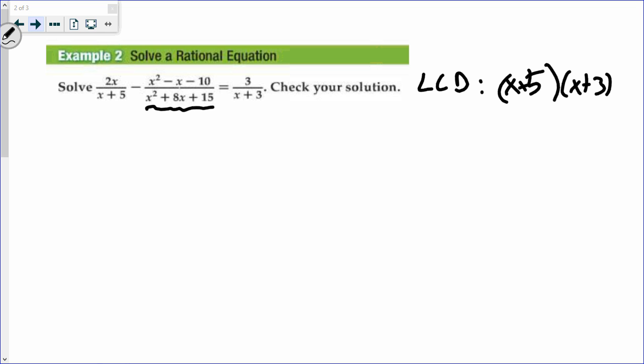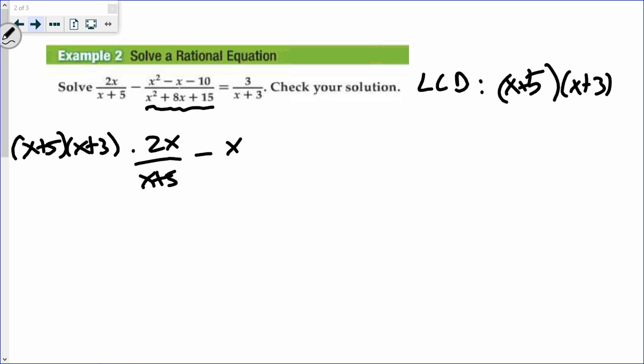Okay, so just multiplying each fraction by that then. 2x plus 5, and then we've got minus x plus 5, x plus 3 over,